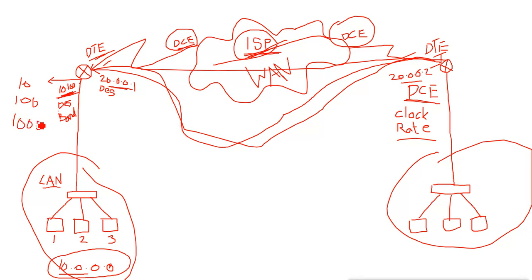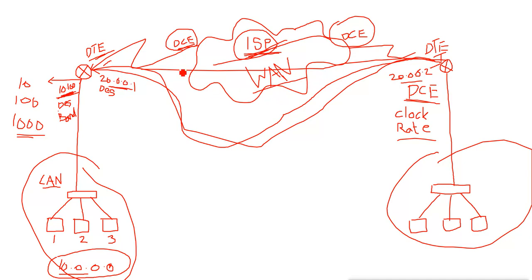Now on the LAN port, you don't have to manage the bandwidth because it depends on your LAN. It is LAN, it is fast. If you have a 1 Gbps port on this router, you can have a 1 Gbps port on the switch, and 1 Gbps ports on the machines also. But when you go for the WAN, WAN links are very costly and expensive. It depends on the range, like distance, and the speed you get, so you will be charged, and it can be very costly. So mostly the WAN links are slow.